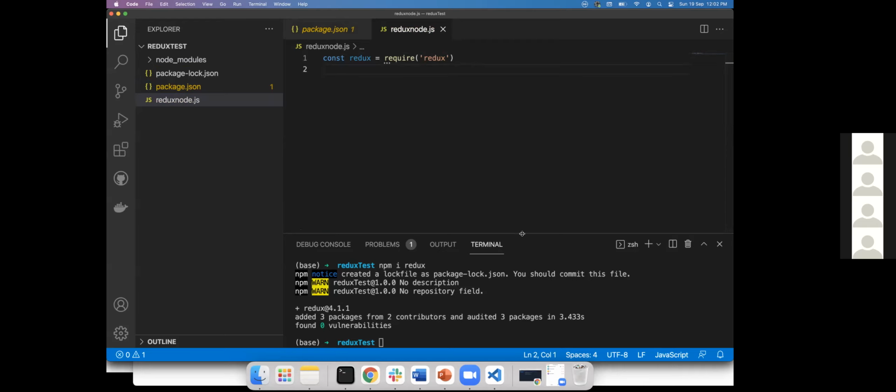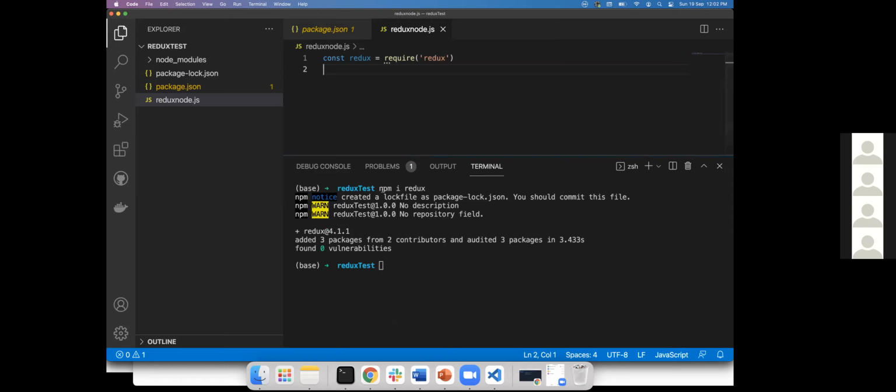After that, what do I have to do? Go to your terminal by using Control J. Then you have to type the highlighted one, npm space i space redux. What do I have to type? npm i redux.